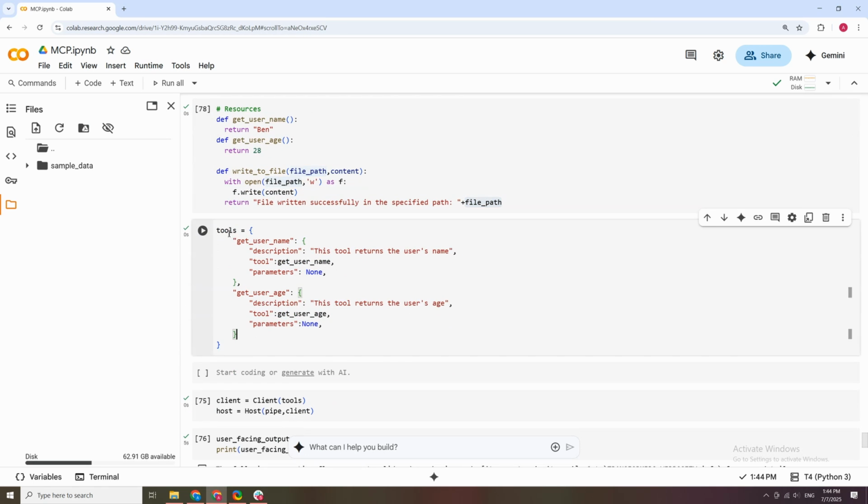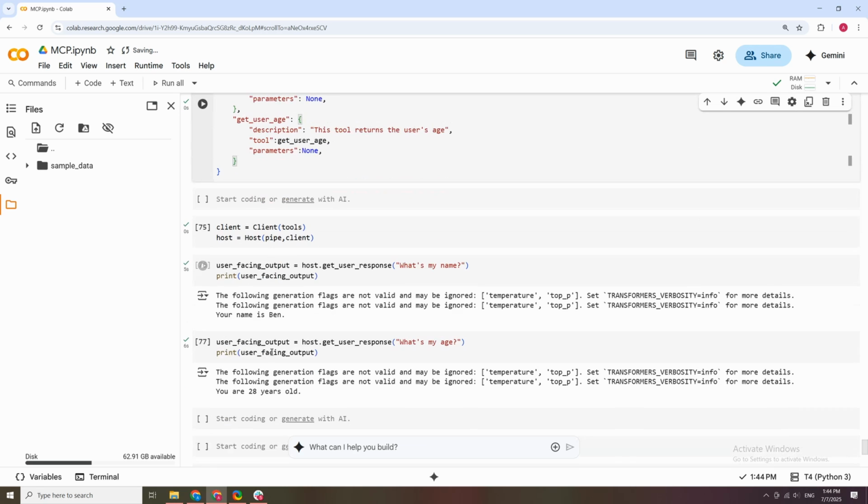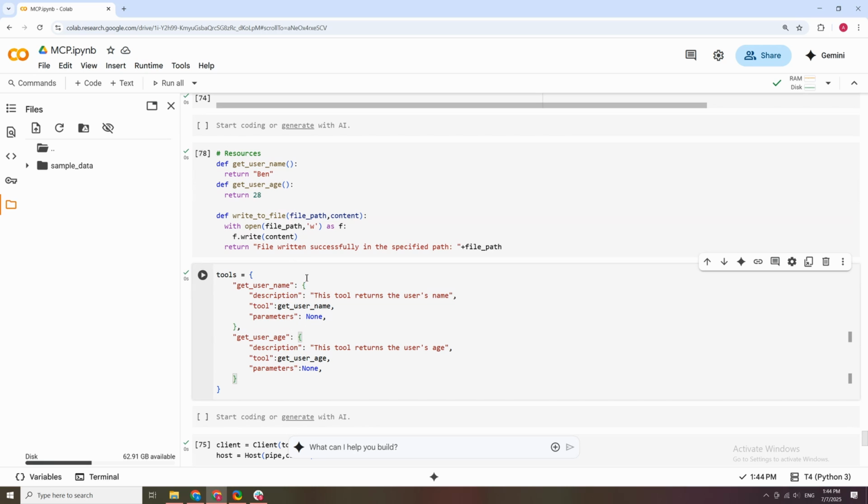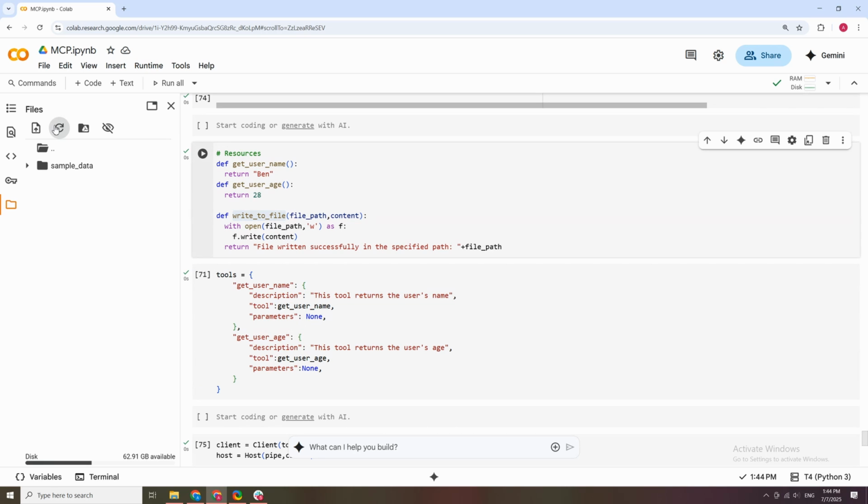Now, again, we will need to edit the tools. And after editing the tools, everything else should stay the same. But note here that this function is way more interesting. It will go to your local system and create a file. Now, note that the LLM does not know how to do that. The LLM just generates some text. But with MCPs that you created from scratch, you will be able to go ahead and write to a file locally